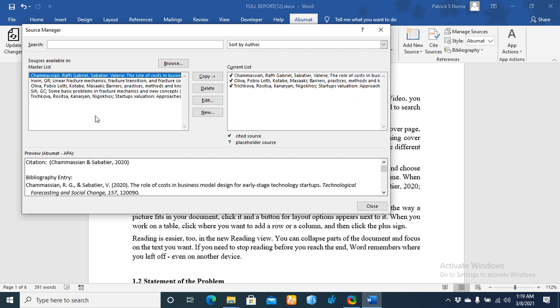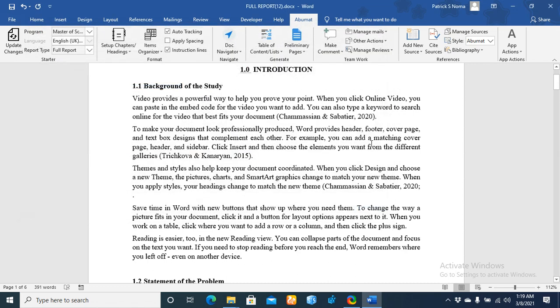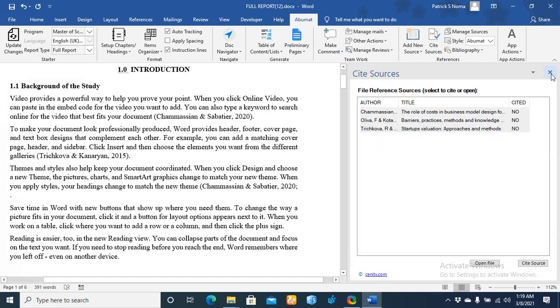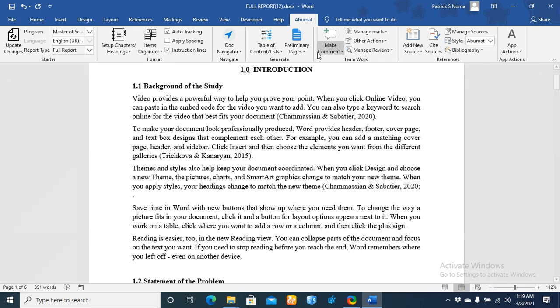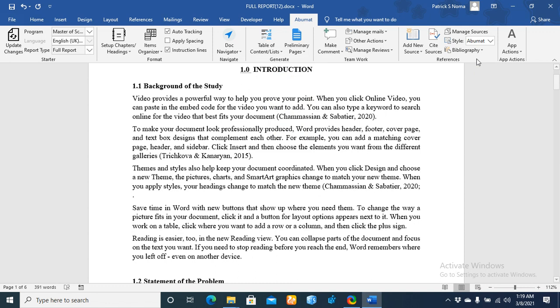So it will have a copy here, so that whenever you want to write a new report again and you need these particular reference items, you don't need to go back online checking them again. All you need to do is to come here. They will always be here. You select them and you copy them into this current list, and they will now be appearing in your report here when you click on this, and they will form part of the items that will be listed out at the end of the day when you add your references using this button here. Okay,